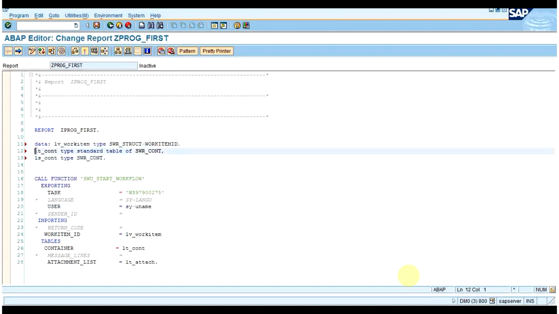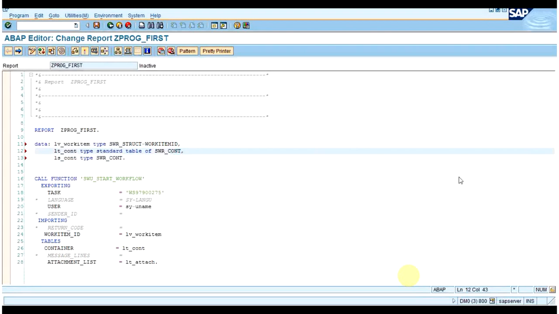Yes. Actually, this task number is client specific, right? It will be generated differently in different clients. Suppose you created the workflow in the development server, and here you have hard coded it.